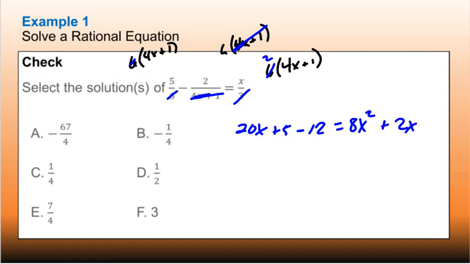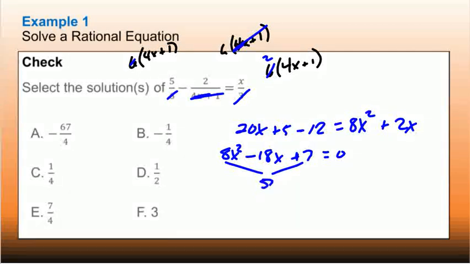Get everything to one side, so this would be 8x squared minus 18x. This is negative 7, so plus 7 equals 0. Multiply this, so it gives me 56x squared. Simplify that, so let's see, 52